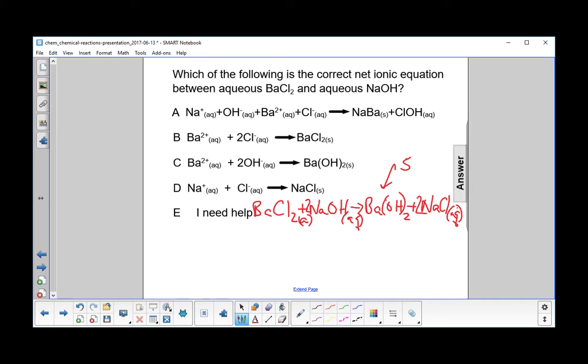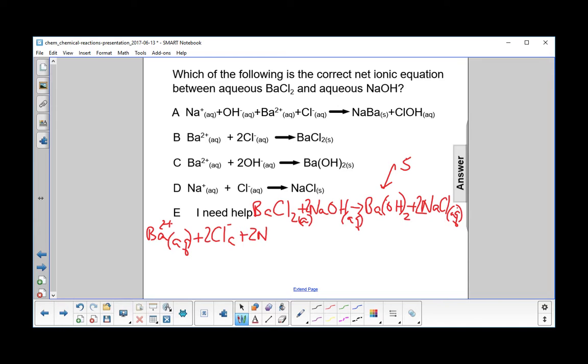Now we disassociate the aqueous components and show the ions. So this will be a little longer. Well, on our way to the net ionic equation. So we have barium, which is 2+, and that's aqueous, plus 2 chlorine minuses, also aqueous, and I'm just going to write an A there to save a little time and room, plus 2